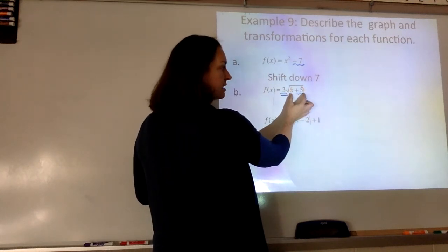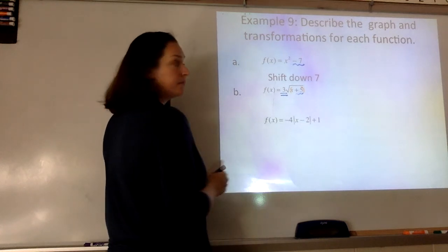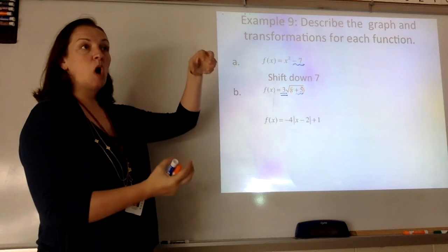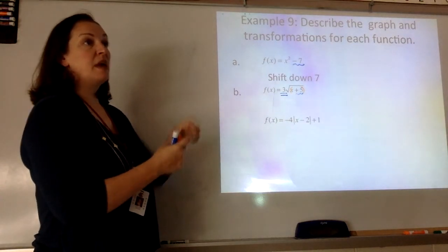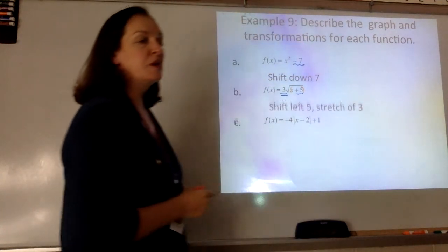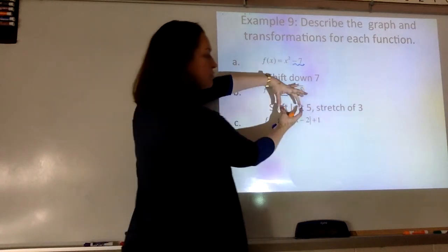When we extract information about graphing from inside of parentheses, we always do the opposite. The 3 in the front tells you that the graph is going to get taller. Remember, yes, it's 3 times, but it's making y bigger, not x. So possible ways we could answer this would say that we would shift the graph left 5 and a stretch